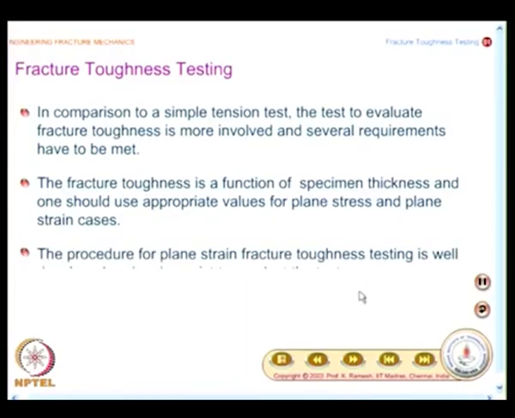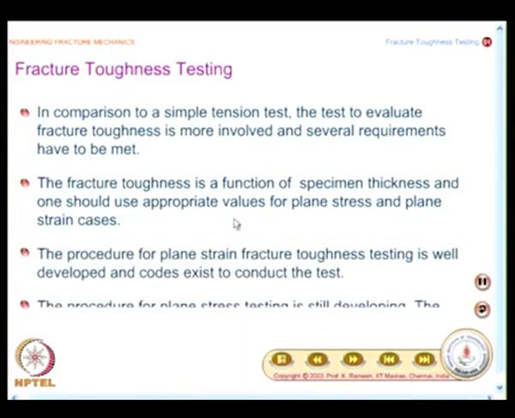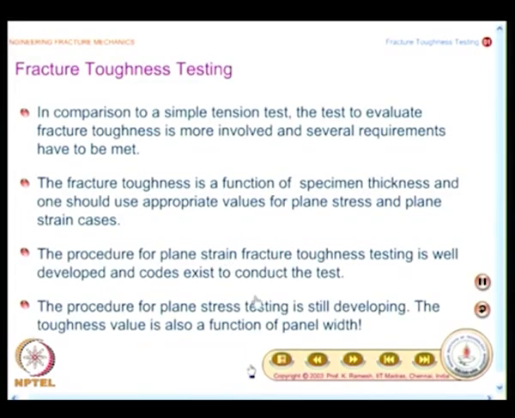Having said that, you should also be able to measure fracture toughness in plane strain as well as fracture toughness in plane stress. The procedure for plane strain fracture toughness testing is well developed, and codes exist to conduct the test, and that is what we would cover in major part of this chapter. The procedure for plane stress testing is still developing,